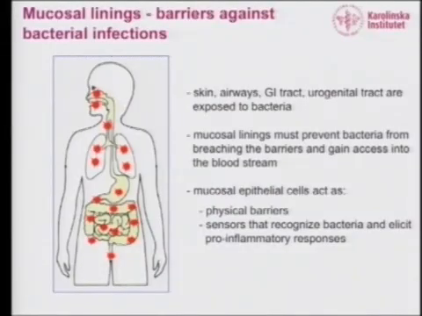But I'd like to first start from the ordinary infection routes. In the human, you have the epithelial linings that are continuously exposed throughout the lifetime to bacteria. Now, they were for a long time considered to be physical barriers, but it is known today that they act as sensors with very sensitive systems to recognize the presence of bacteria